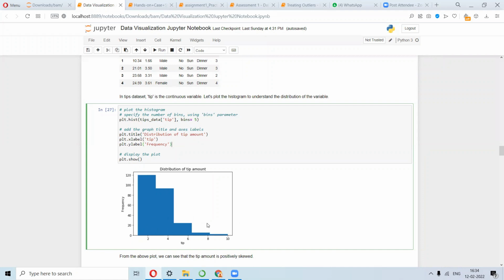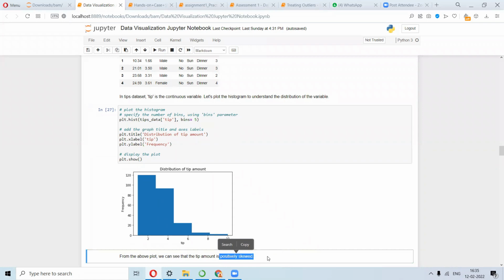In connection to skewness of a distribution, you can see that this is skewed to the right, or positively skewed. Because the most concentration is on this part, and you have less concentration on this part, right? This is already mentioned here, so it's positively skewed.